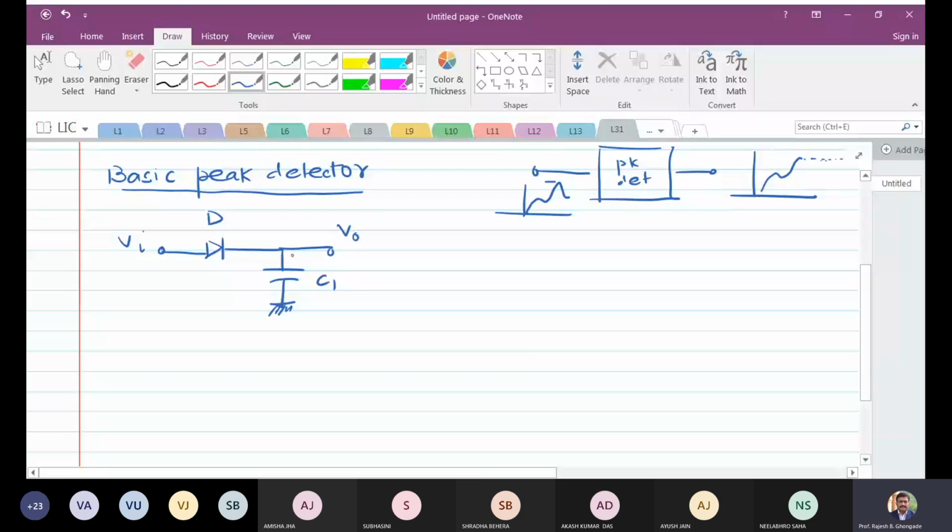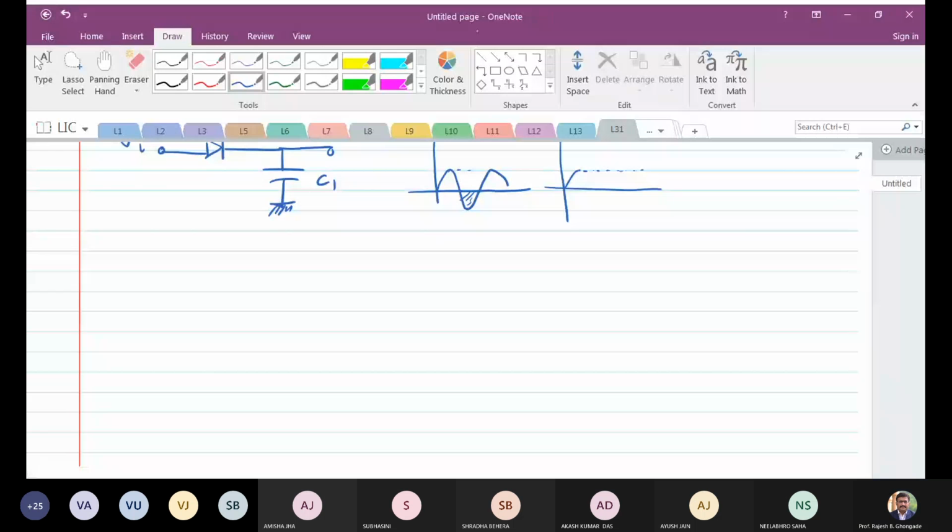Okay. So conventionally, when we have the input signal as an AC signal, for example, like this, the output would be something like this, and then this is held. All right. So the negative peak is clipped off, and only the positive peak, and again the peak. So it keeps the value of the output like this, the peak. Okay. So let me put it in a better way, with the correct polarity of the signals.